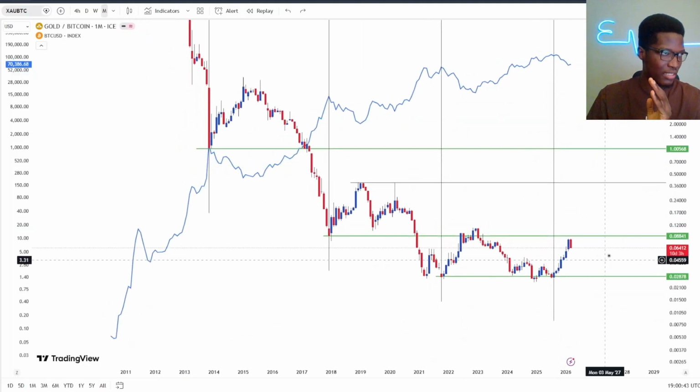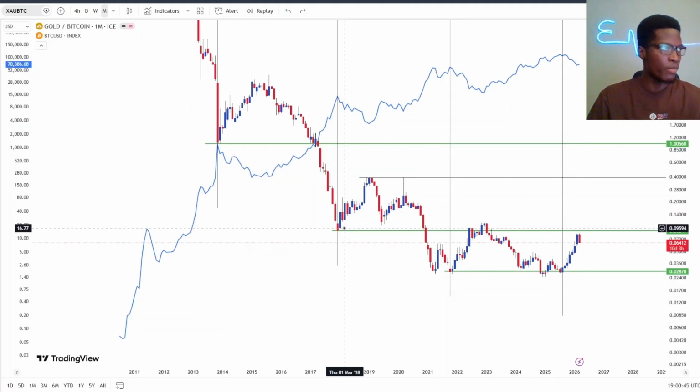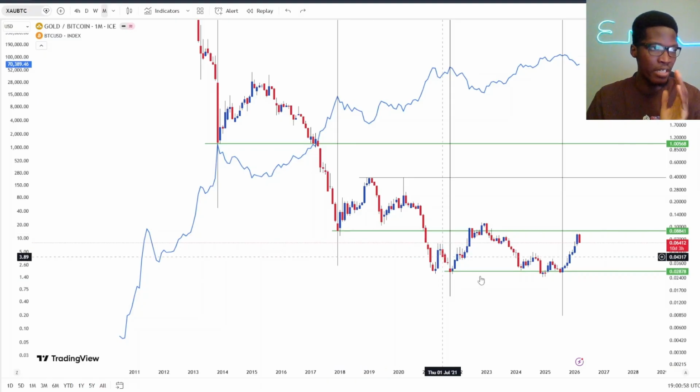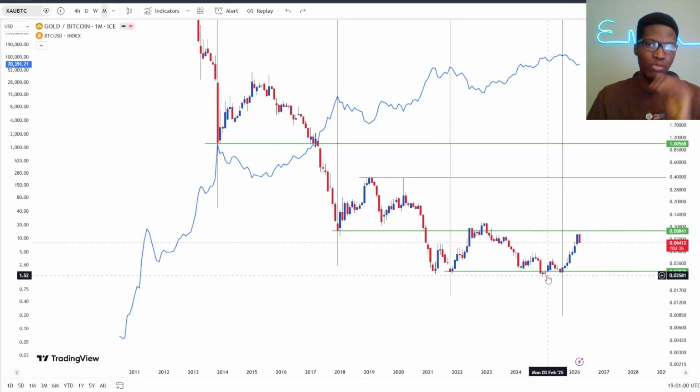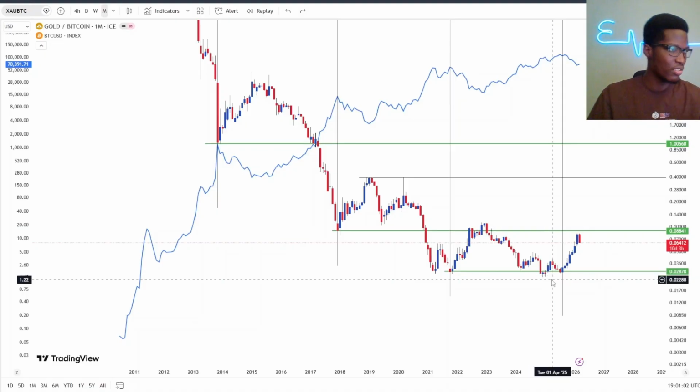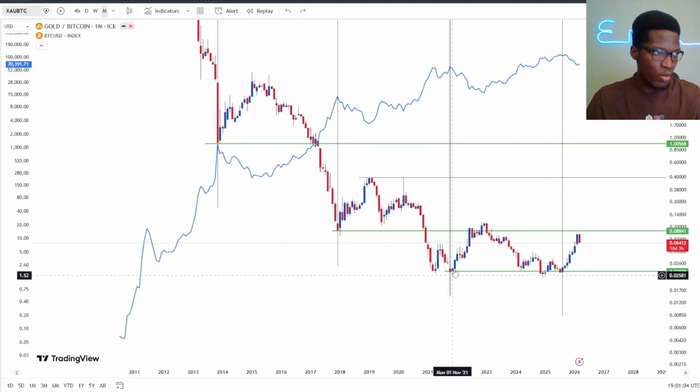However I look at this, anytime we bottom in the gold to BTC ratio, we are about to fall in Bitcoin USD, but we don't know where the bottom occurs because we are creating new lows as we go. But this time, we didn't create any new low. We came to stop at the previous support. So we came to stop over here. That's about 0.028.